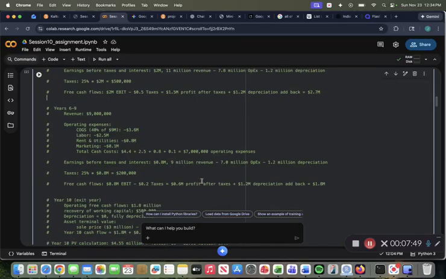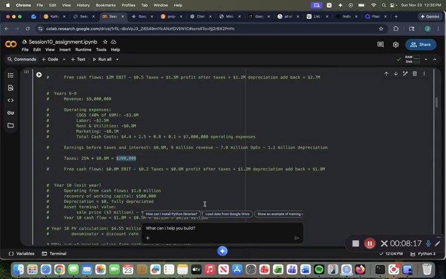And then looking at year 6 to 9, the revenue goes down to 9 million. Calculating the cost of goods sold, labor, rent, and marketing again gives us 7 million in operating expenses. Then we get the earnings before interest and taxes of 800,000. Multiply that by 25% to get the taxes that we have to pay, and then we get the free cash flows of